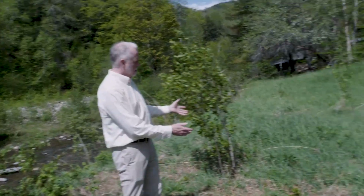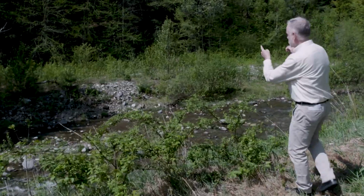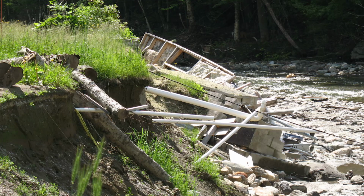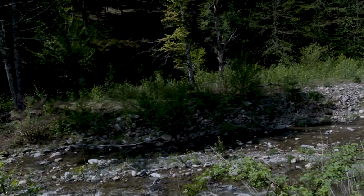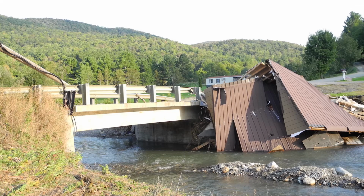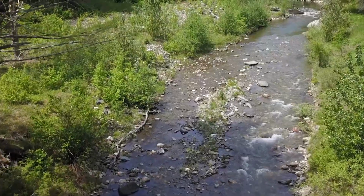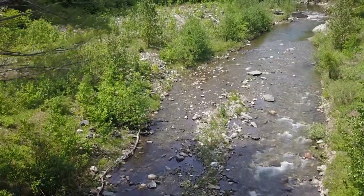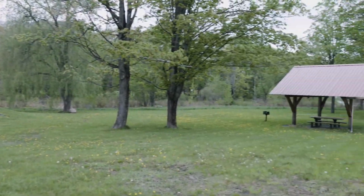So the important thing to understand is that this was not the house site. The house site was there. The river was not here before the flood. The river actually used to be way over there behind those trees. This house washed away and was destroyed, sticking under a downstream bridge. Other buyouts can be used as parks,